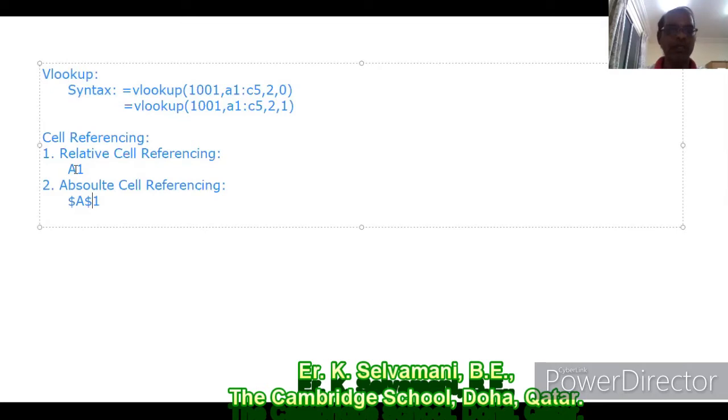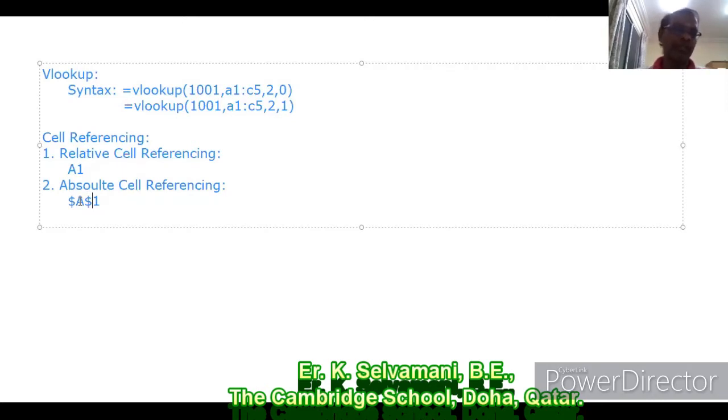A1 stands for A column first row. Here also A column first row. If the dollar symbol is not placed before the column name as well as the row number, it is called relative cell referencing. Whereas if the dollar symbol is placed in front of the row number as well as the column letter, it is called absolute cell referencing.